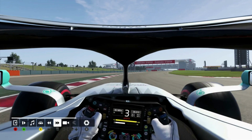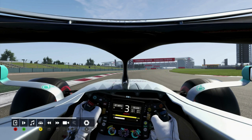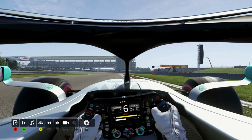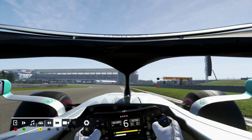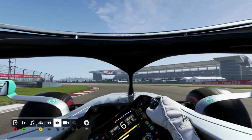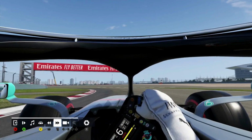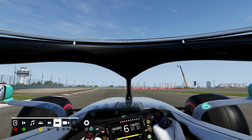I've short shifted up to 3rd for good traction, and I can now come down to the S's coming up next. So on the S's, I'm going to come over to the right-hand side. Again, I'm taking as wide a line as possible into this particular turn, and I'm going to take it with as much speed as possible. I've seen people gear up to 7th on this, but I'm coming wide, and then I'm going to start coming in. Again, it's anticipating that particular corner, hugging in on the inside as much as possible. I stayed in 6th all the way through this turn. Didn't quite hit the inside and didn't quite hug that curb as much, but I'm still in a good enough position